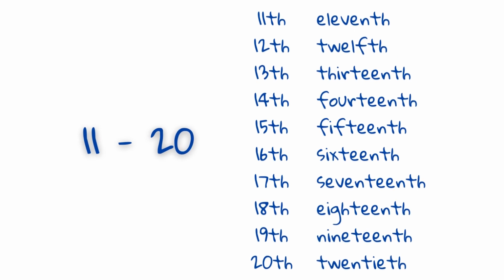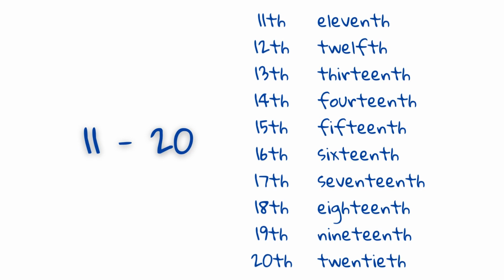11th, 12th, 13th, 14th, 15th, 16th, 17th, 18th, 19th, 20th,